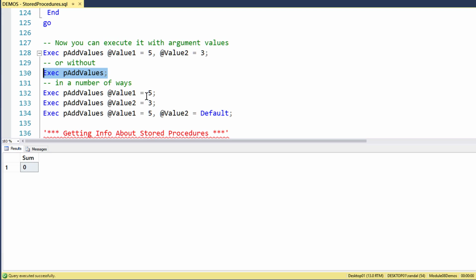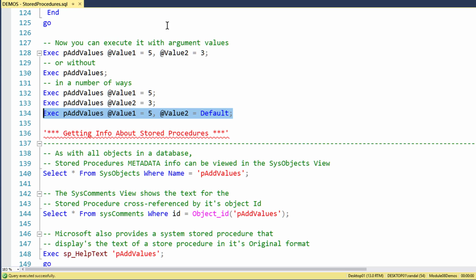And if I specify an argument value for my parameter value 1, it'll just use the default value of 0 for my second parameter, value 2. If I pass in something to value 2, it will just use the default for my first parameter, value 1, and so on. If you want to be more explicit, you can actually use the word default. That's probably a better choice. Otherwise, you're dealing with invisible code. But that's how it